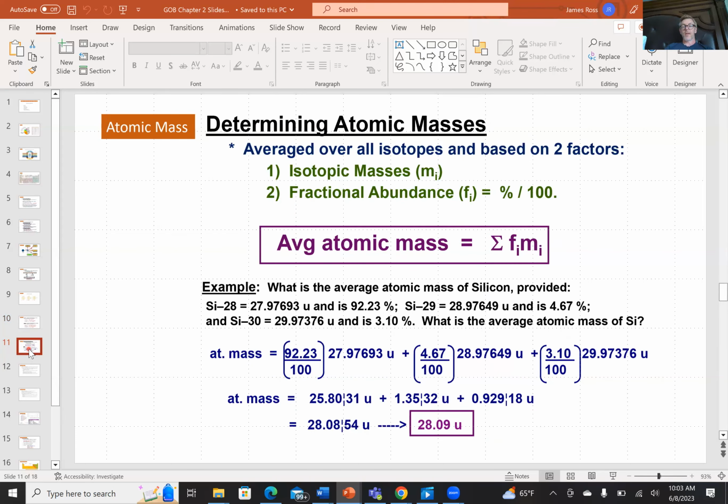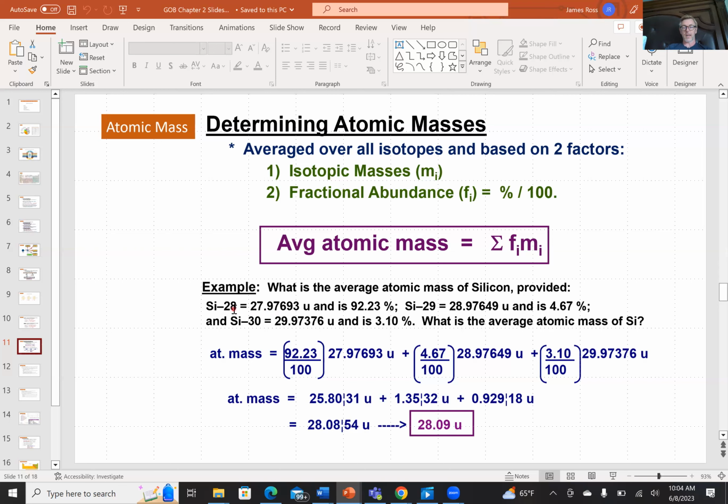How to determine the atomic mass? The atomic mass is the abundance average of the masses of each isotope. This equation here says the sum of the fraction of each isotope times its mass. So for example, what's the average atomic mass of silicon given the following information? So you have